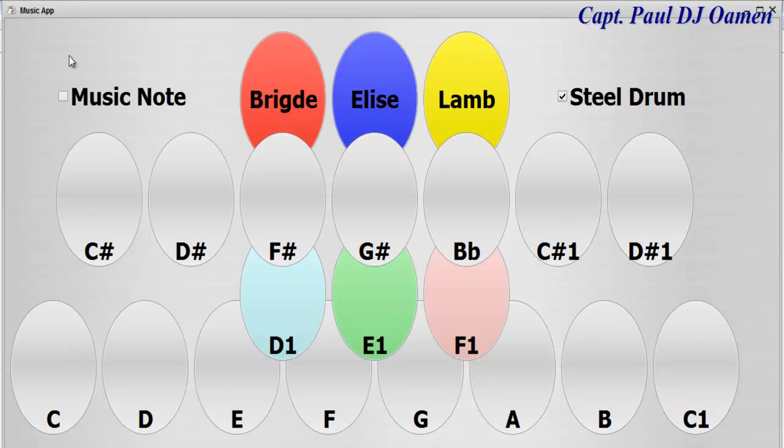Hi guys, this tutorial is all about developing a music app in Java NetBeans. So let me show you guys how this works. And that is the steel drum. So if I click on music notes,